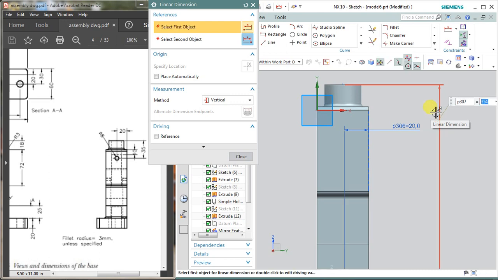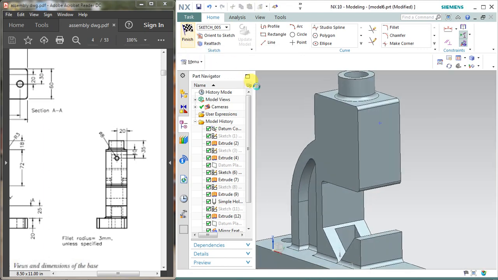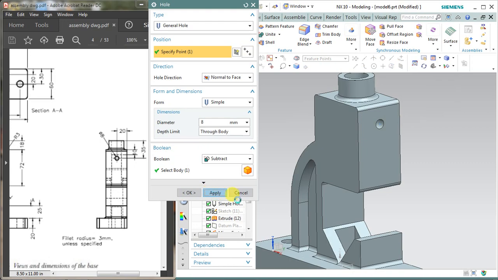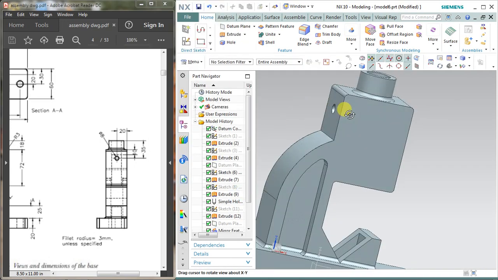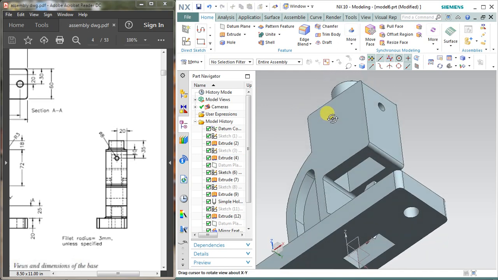Sorry, it is feeding by default, so by mistake 354, so apply 35 here, and the diameter is 8. Nothing is left, select finish, and the diameter is 8, and it should be throughout the body, and subtract, apply and cancel. Now you can see the hole is created throughout the body.